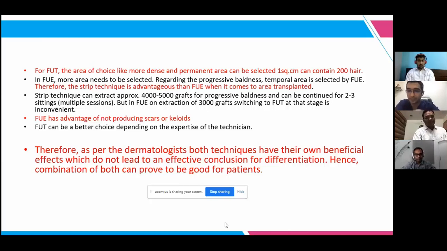But do you agree that with FUT more grafts can be taken when compared to FUE? The problem is that before coming for transplantation, the patient first reads on the internet regarding hair transplant, regarding FUT, regarding FUE. After reading about FUT and the results posted on the internet, he will lose hope in FUT. Then he will read about FUE and there is a lot of favoritism for FUE. So even in spite of counseling about FUT, the patients won't turn up. That is the problem right now, sir. But in good hands, we do FUT, and it gives very good results. Sir, Dr. Anand, I would like to ask one question.